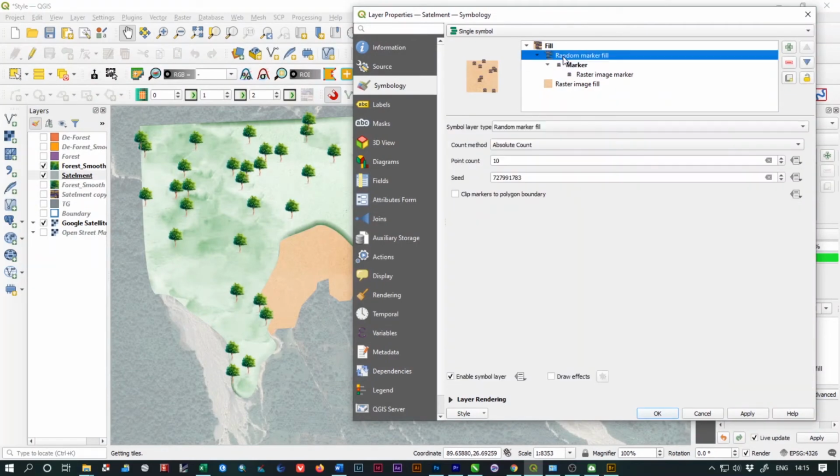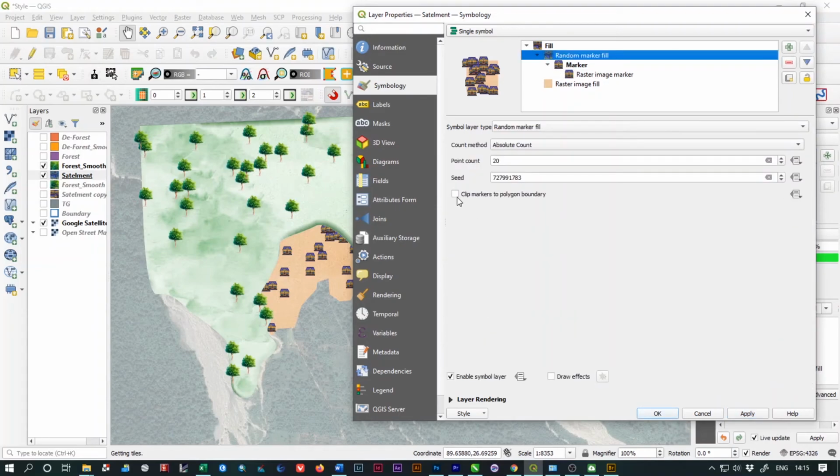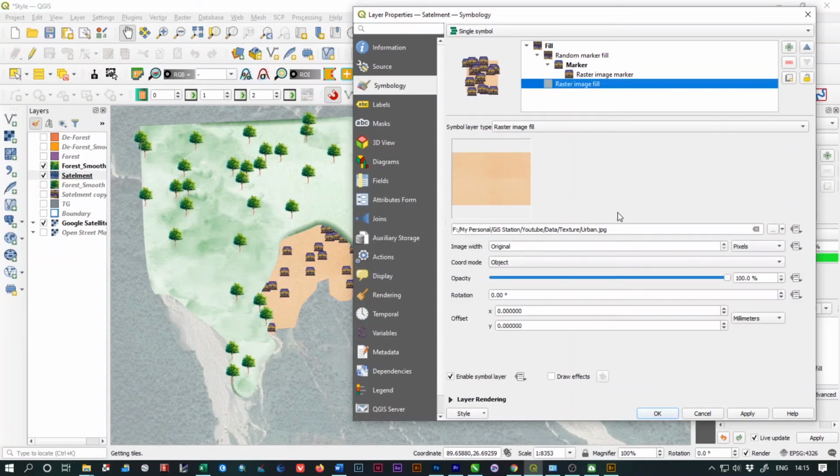and increase the point count to 20 and increase the icon size to 2 to 5. I guess it looks fine in the map, and clip rasters, don't click OK, or don't check this option, and now give the outline shadow.